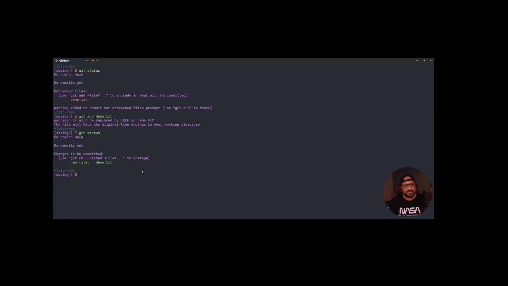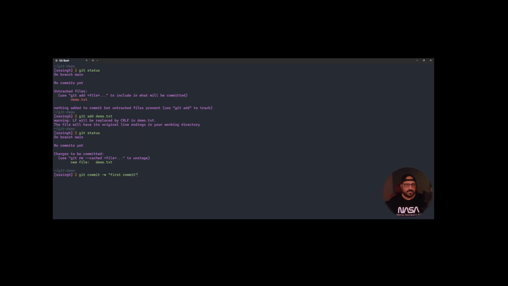So the next step: first is staging, which is adding the file. Second is the commit. So let's go and commit it. So git commit -m, and -m stands for message. It's a good practice to give a descriptive name of the changes you are committing, right? For now I'm just giving "first commit". Okay,